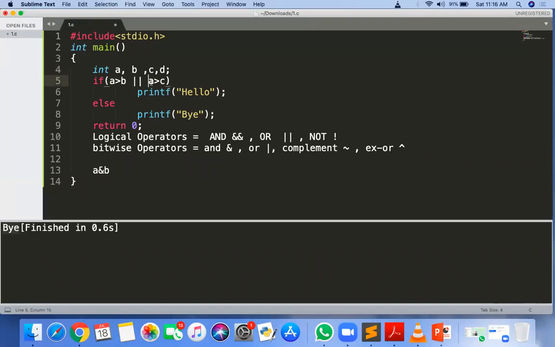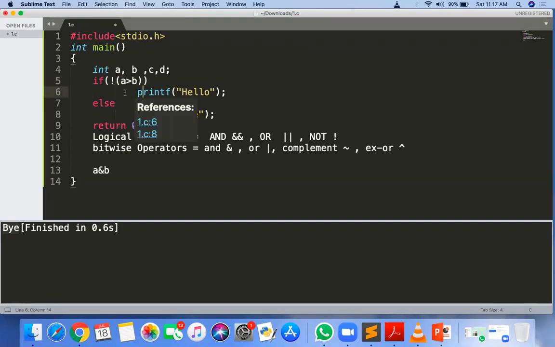Okay. And when to use the NOT operator? Suppose one of the conditions is there and you want to invert it. So if the condition is true, we have to make it inverted, just by using the NOT operator. So if the condition is true here, it becomes false. If the condition is true, the whole becomes false, and if it is false, then the whole becomes true.